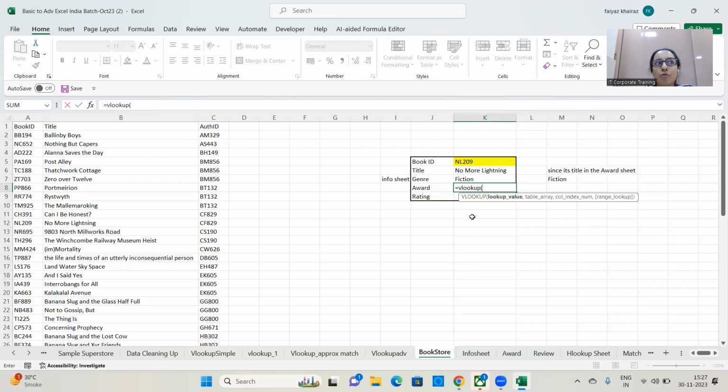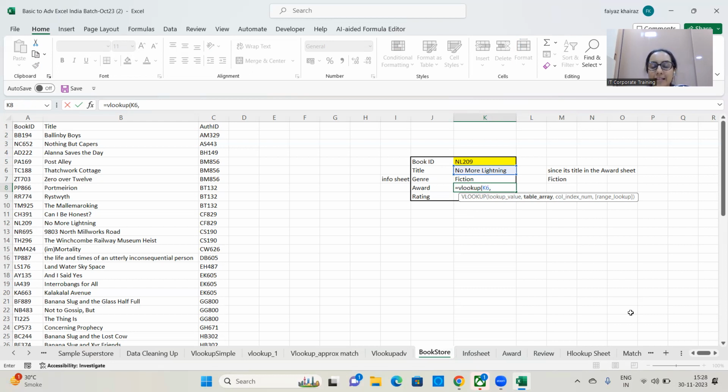Lookup value stands for what are you searching for? So here I am searching for the title,